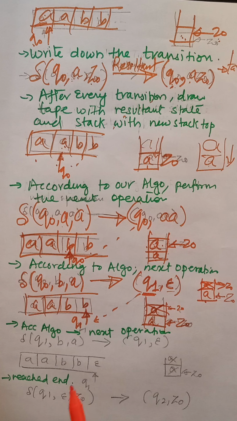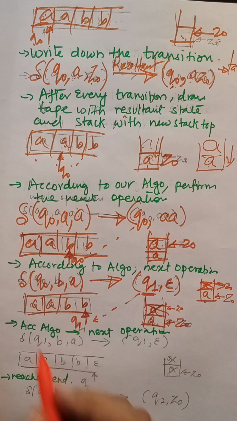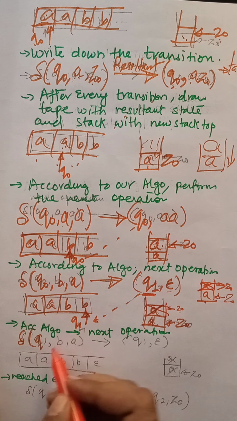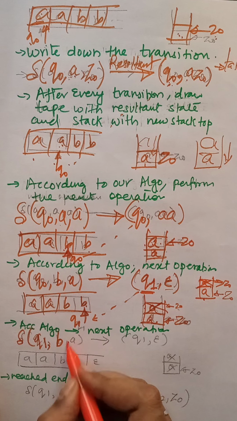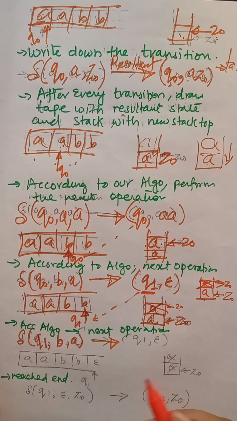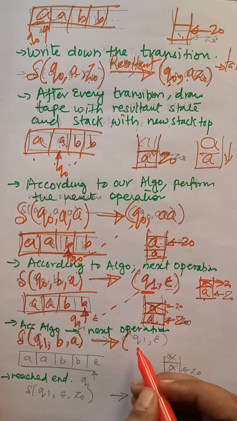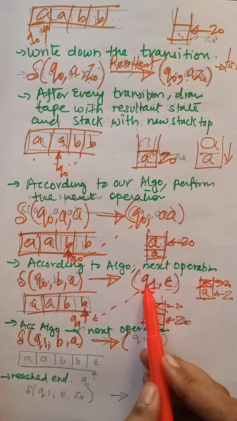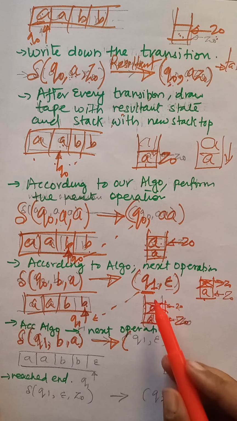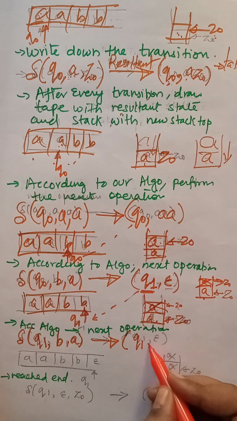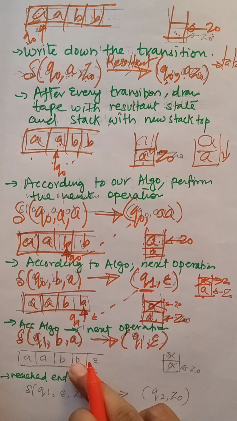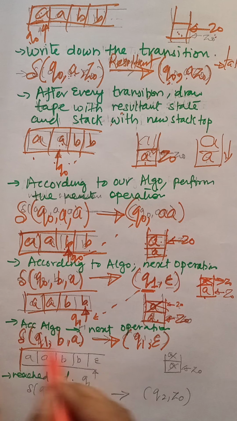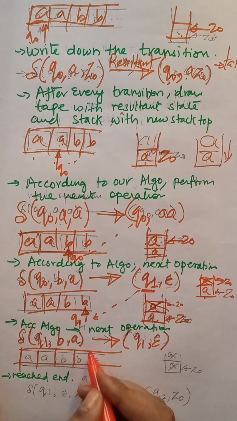Okay, now according to the algorithm, whenever we have B, we have to perform the pop operation. So the resultant state is q1 with b here, and what is present on the top of the stack is A. What we have decided is again the pop operation. The state we have taken for the pop operation is q1, and we represent the pop operation by epsilon. After writing this, we have to redraw the tape and the stack with the resultant states and the pointer.